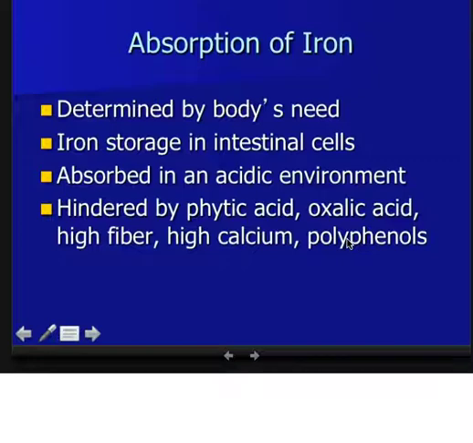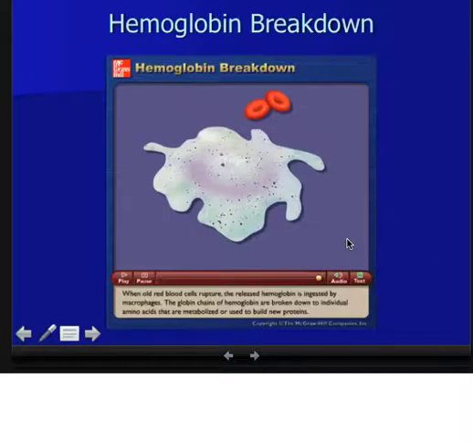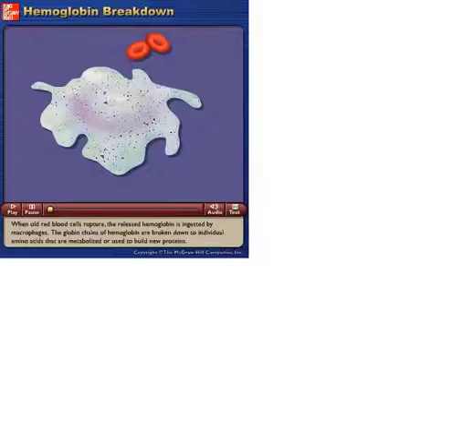High calcium probably competes with iron for binding sites in the GI for absorption. And polyphenols are similar to what the oxalates and the phytic acids do. What they do is they box the iron up so that it's more difficult to absorb across the GI. Okay, this is just a little video on